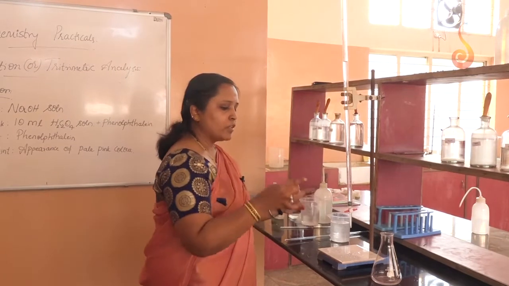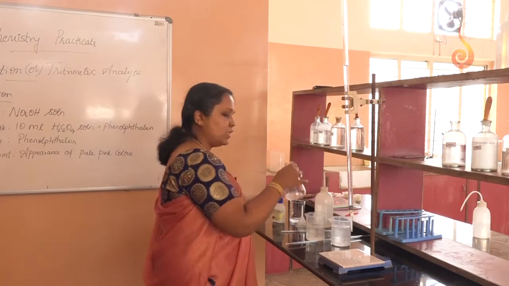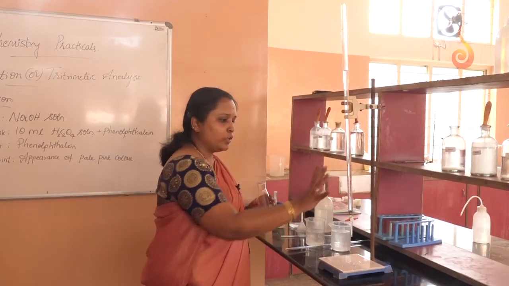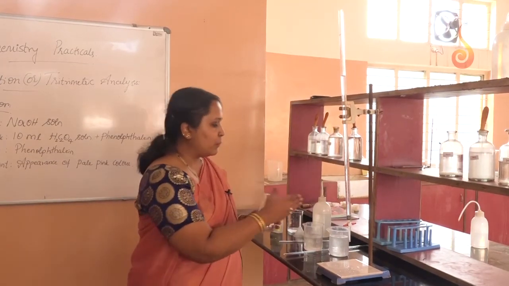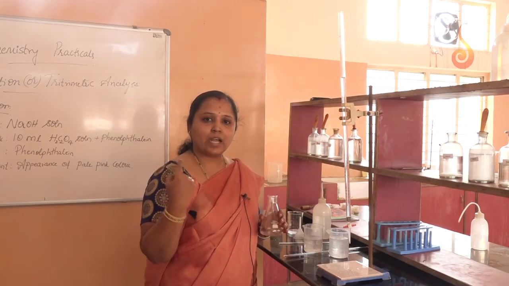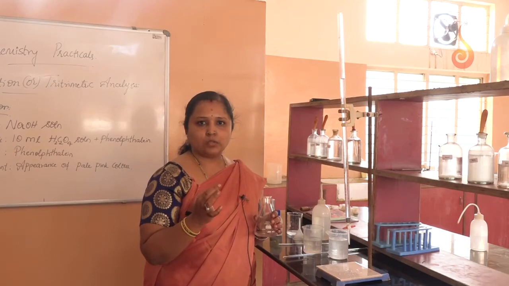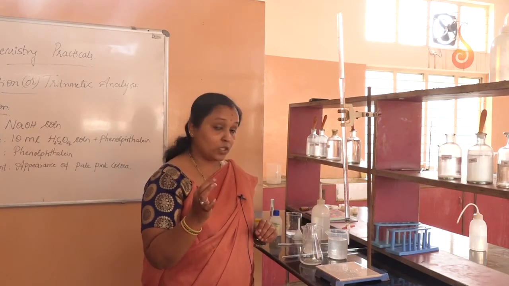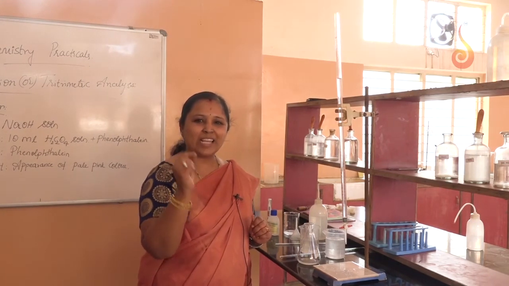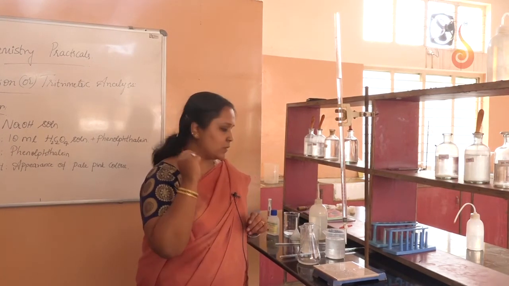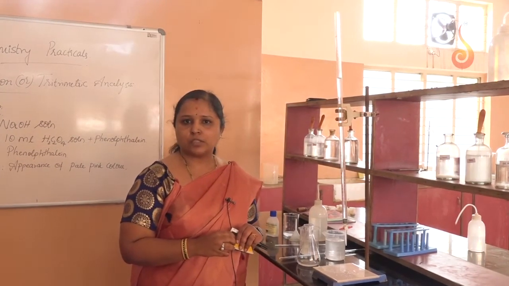Now the values we have got have to be entered into the tabular column. Enter them, discard the solution, and wash the conical flask. No need to wash all the apparatus once again. Wash the conical flask alone, pipette out again, and repeat the entire procedure until you get a concordant value. What is meant by a concordant value? A concordant value is a set of two values that are exactly the same, including the decimal points. Such values we call concordant values.